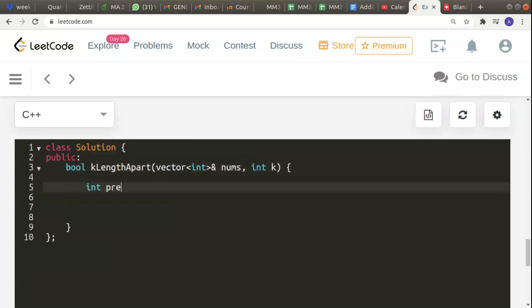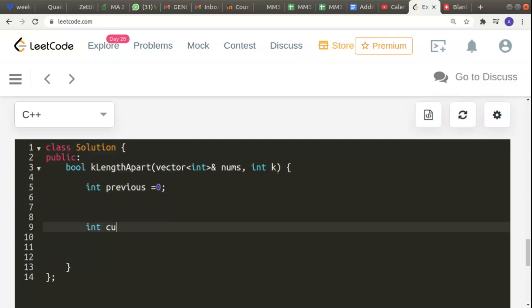So what I mean is, we'll have to declare two variables. So I'll name it int previous equal to 0, and we'll have to declare another variable, say int current. So previous is going to hold the last one that we saw, and current is going to see the current index, and it's going to iterate over the entire loop. So basically, previous, as we just saw, should hold the value of the first one that it encounters.